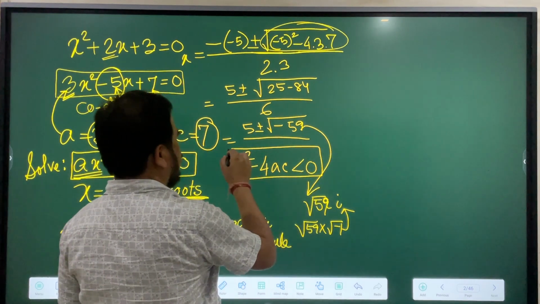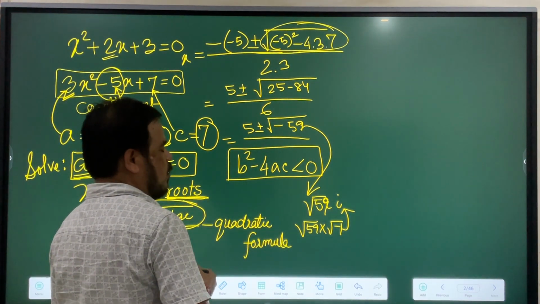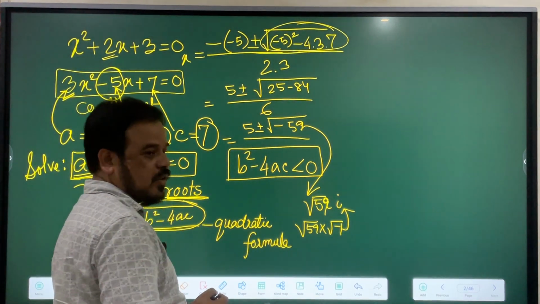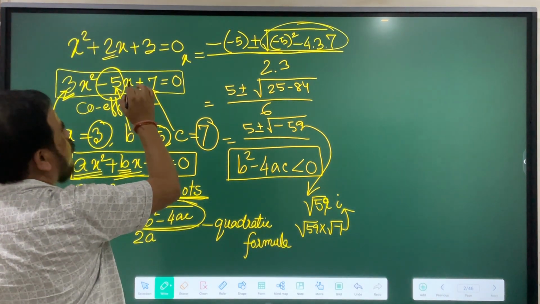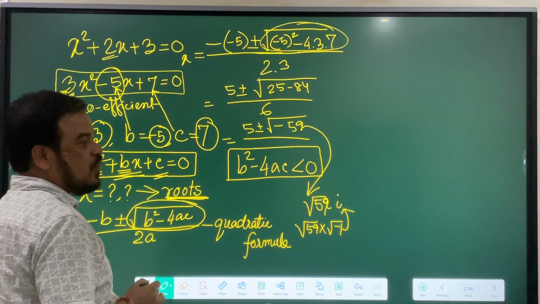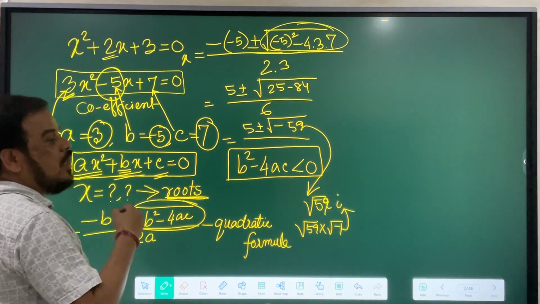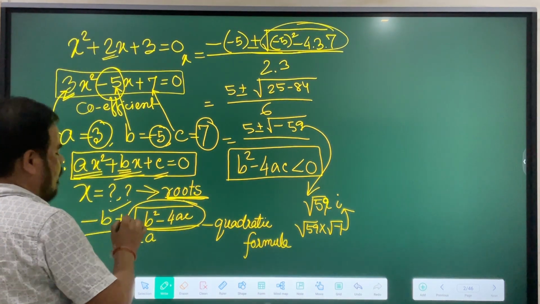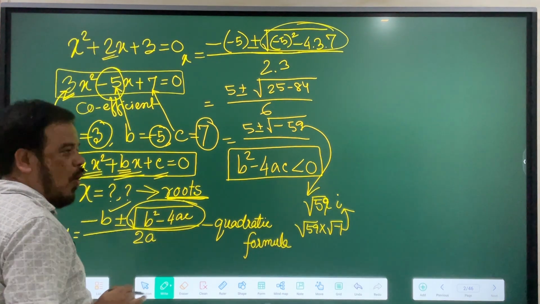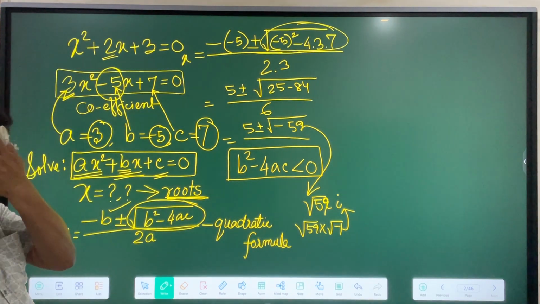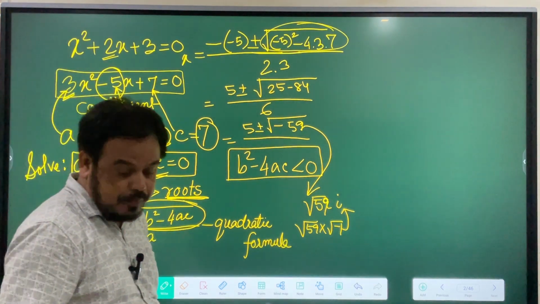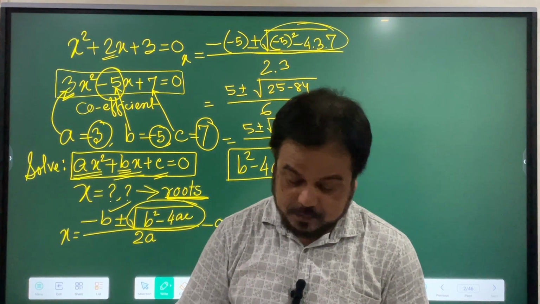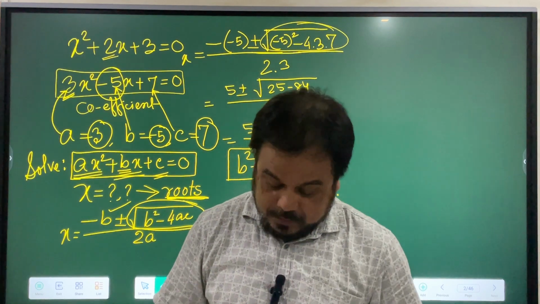The b square minus 4ac, if it is smaller than 0, then you will get an imaginary number. So from this quadratic equation, we are getting imaginary roots. Imaginary roots means complex roots. This is real, and altogether we will get complex numbers. Complex number means complex roots. Now,